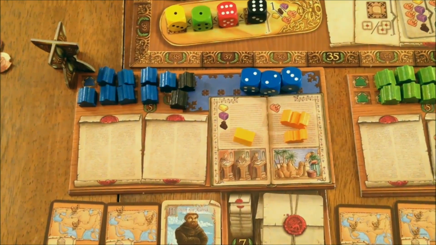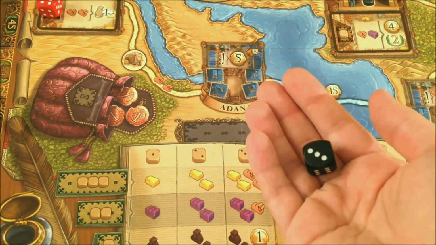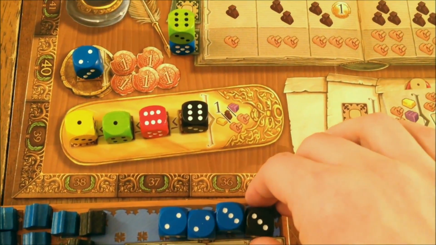So they will move like this, and they will get this bonus of 3 coins and place a trading house there. Before their turn, blue is going to take their 3 camels, turn it in, take the last of the black dice, roll it, and they're hoping for a high value. And they did okay. So they'll put that on their board, and then now it's time to take their main